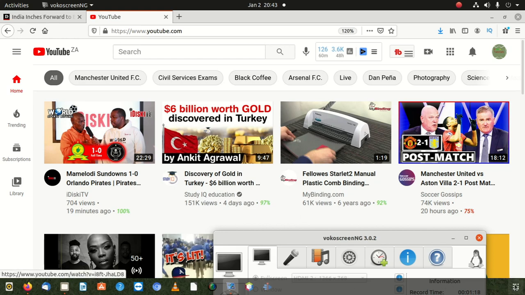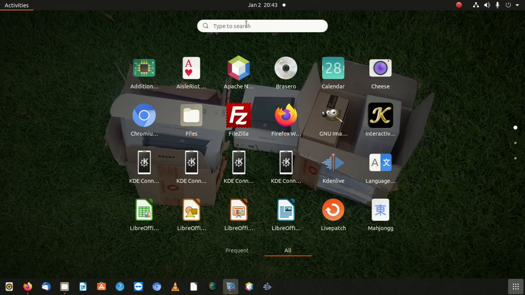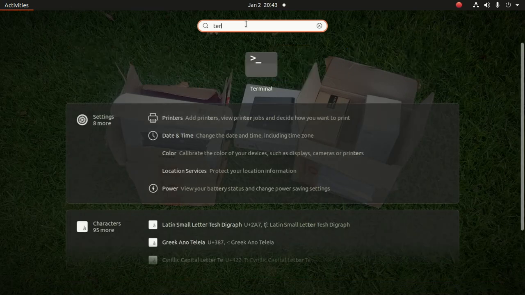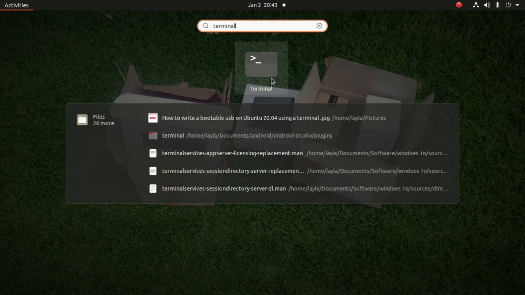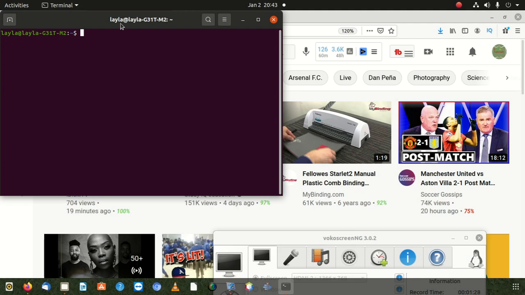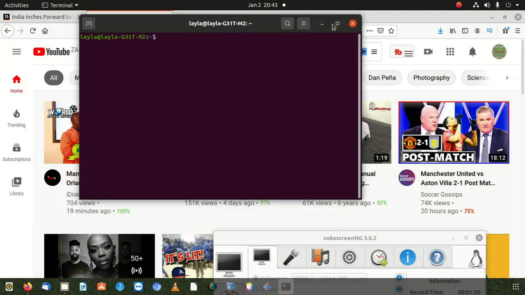What you do, you go to your terminal. Find terminal, type in terminal, and click there. So if you're not sudo, you know, in Ubuntu